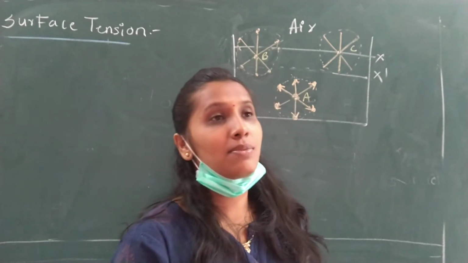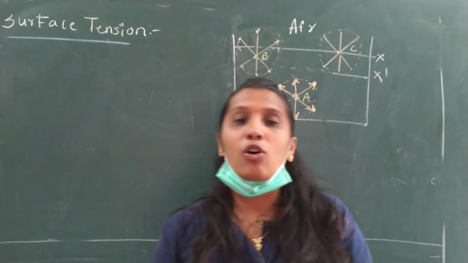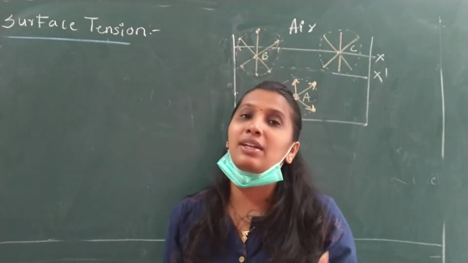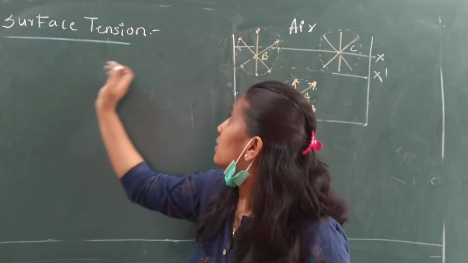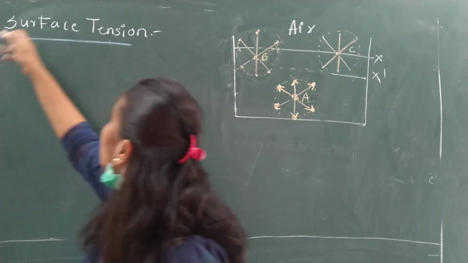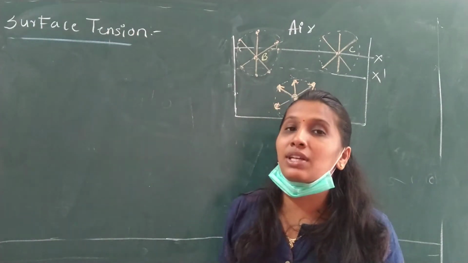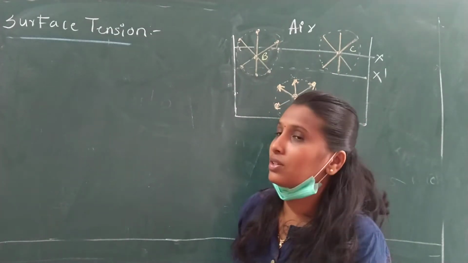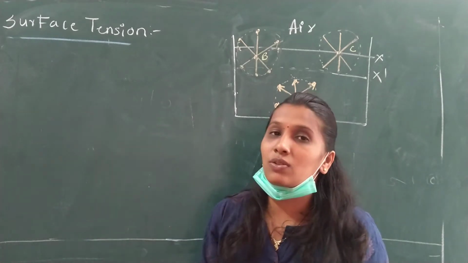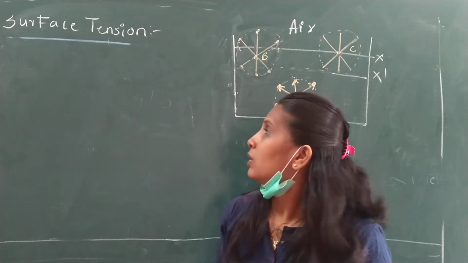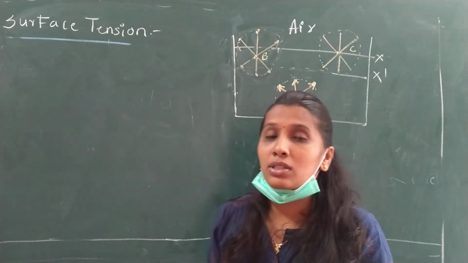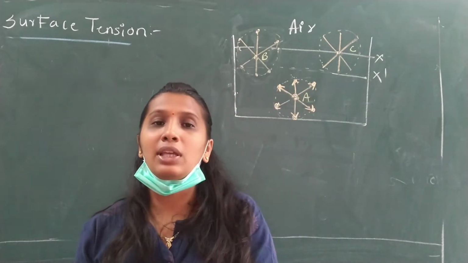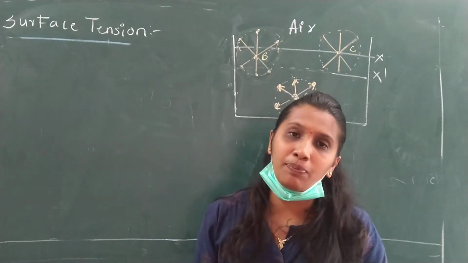The membrane of water is like an elastic for her. Secondly, the question comes: why does a mercury drop or a water drop have a spherical shape? All these answers can be given by this property named surface tension. So surface tension gives you all the answers that are coming to your mind. Before going directly to the answers, we need to know a few things about liquid behavior.